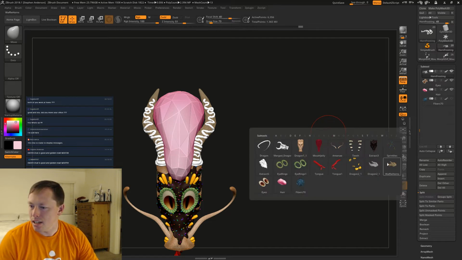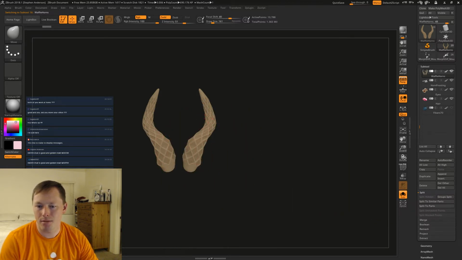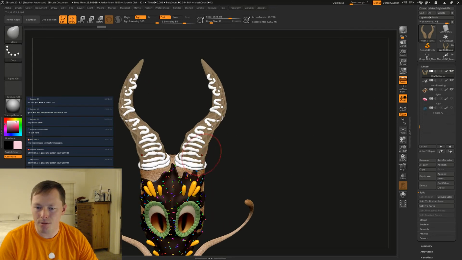Let's see. Gonna take this, I kind of want to modify it so that it's coming out a little bit further. I feel like it's staying too guarded in the center, so I just want to modify it so it's coming out some more, which means, obviously, I'm going to have to modify the frosting.